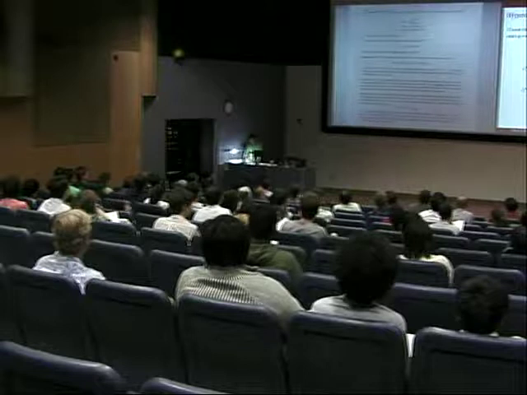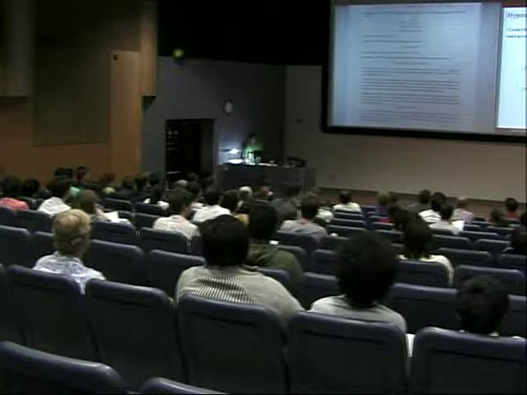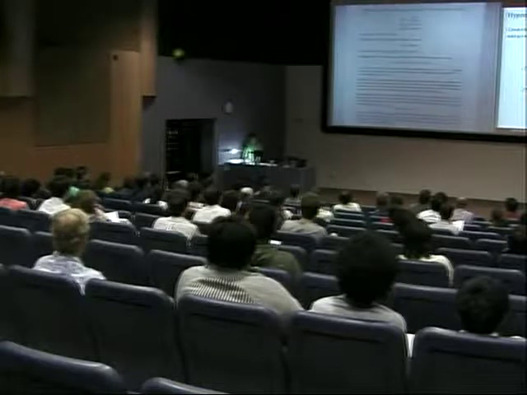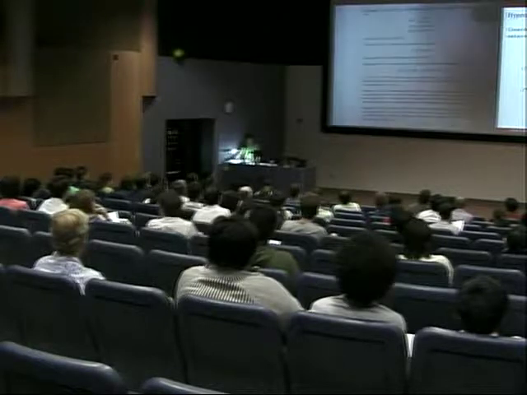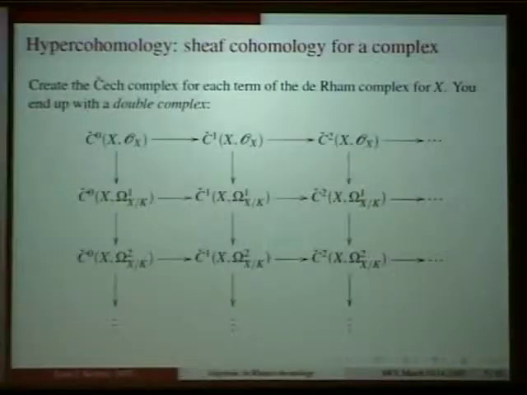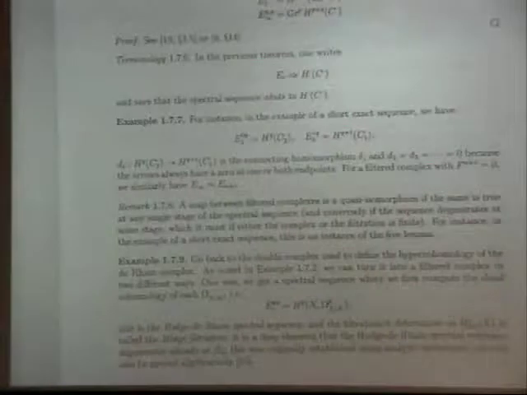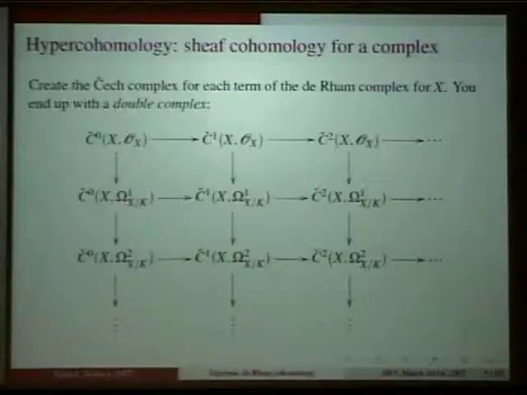So the general thing that happens is if you have a double complex, you can turn it into a spectral sequence. In fact, this is a property of filtered complexes. You can turn a double complex into a filtered complex, actually 2 different ways. If you do that here, one of the things you get is a so-called Hodge-de Rham spectral sequence, where essentially what a spectral sequence for a double complex does is it tells you, okay, go ahead and first compute the cohomology in one direction. So in this case, we're just going to compute the cohomology on the individual sheaves. So that's in the horizontal direction. So just compute the sheaf cohomology of each term, and then try to put that together to make the cohomology of the